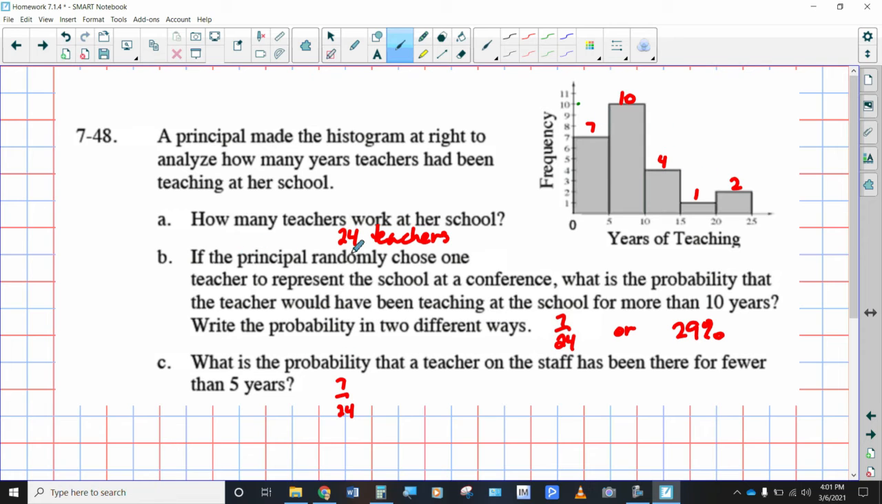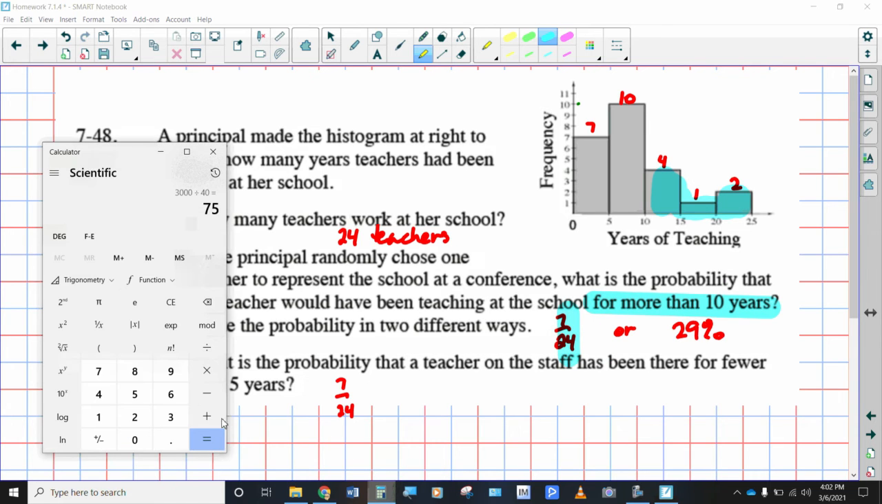So if the principal randomly chose 1 teacher to represent the school at a conference, what is the probability that the teacher would have been teaching at the school for more than 10 years? Okay, so I would say 10 or more years is the better way to describe that, because there could be someone in this bin who has been there for 10 years. So 10 or more years. So that would be 4, 5, 6, 7. So that's 7 out of 24, which to convert that to a percent, 7 divided by 24 gives you the